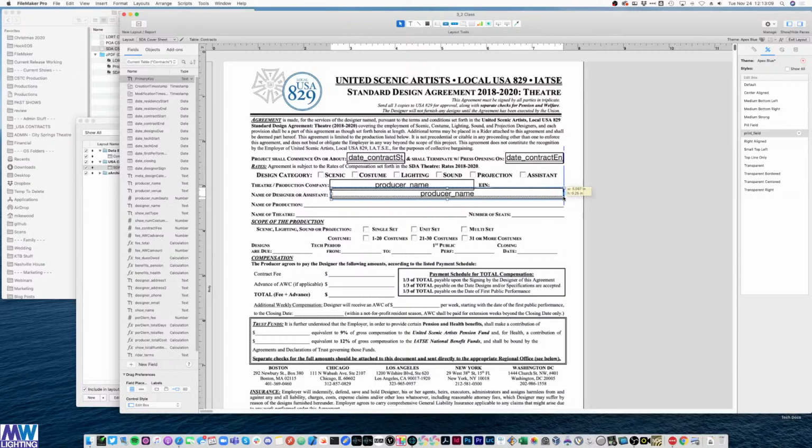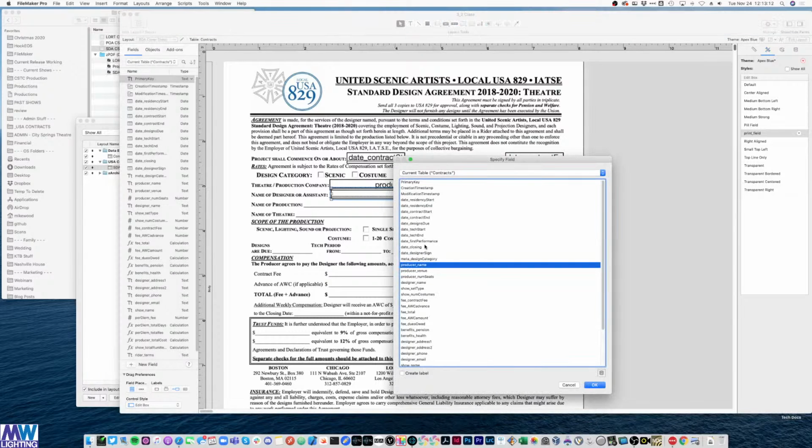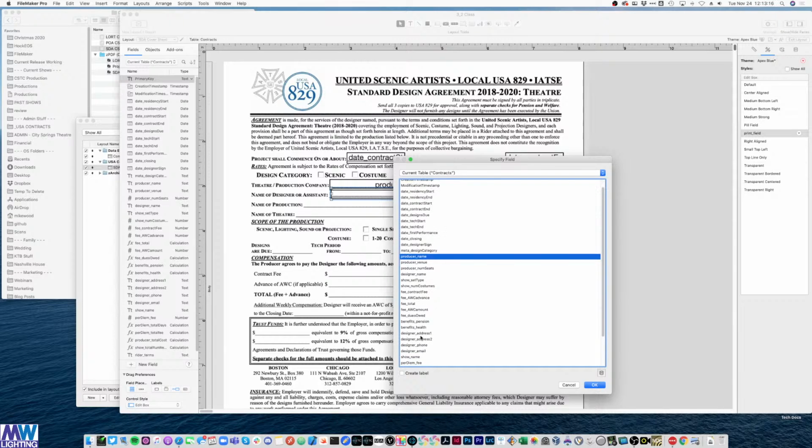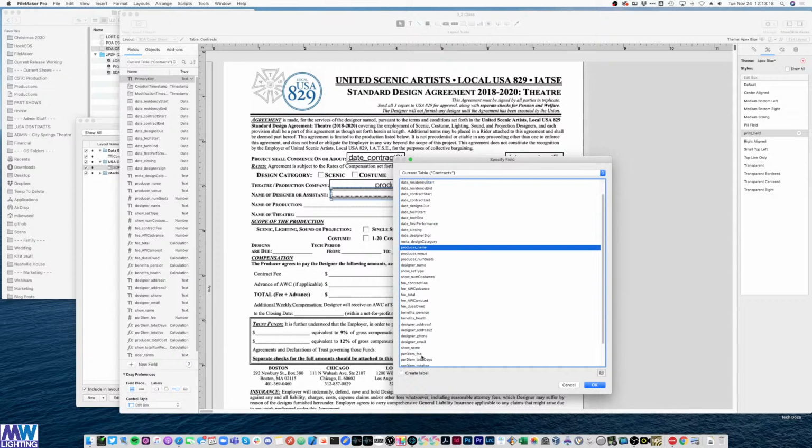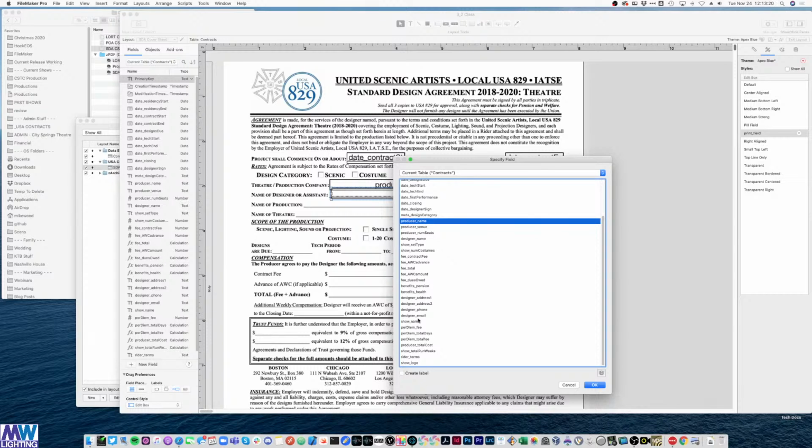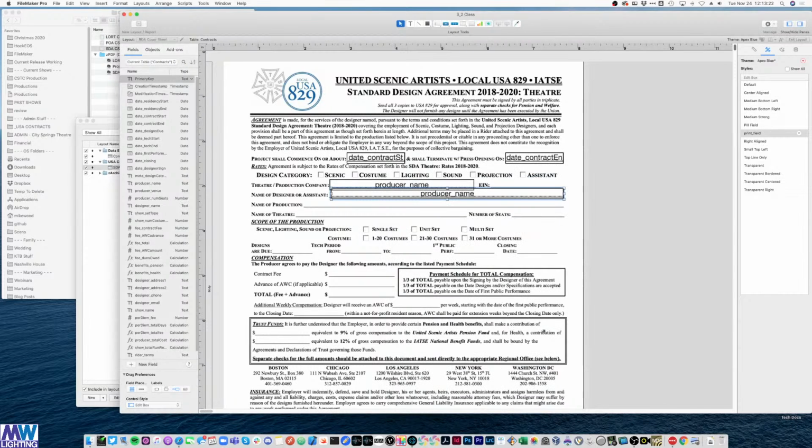Here's something we didn't look at yesterday, and that was the designer name thing. Obviously, if you're creating this for yourself, then your designer name is never going to change. Actually, we didn't even make a designer name field yesterday. So you could really just come in here with a text box and put your name in like that,